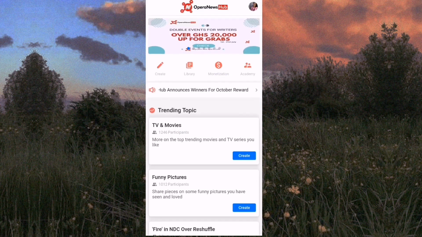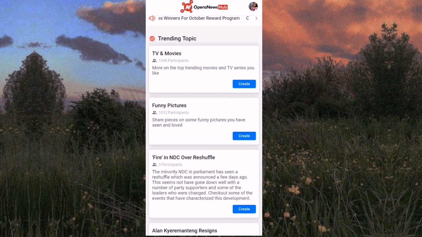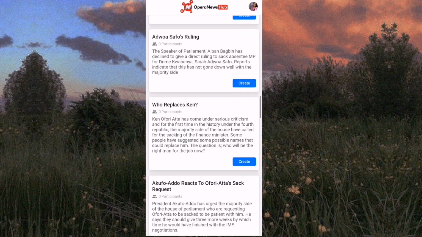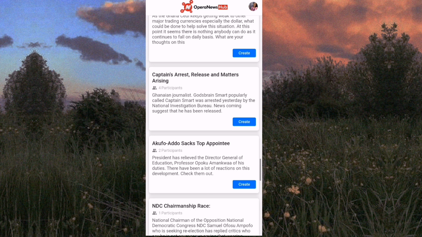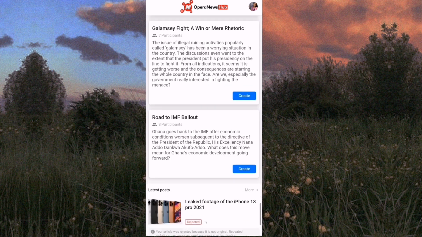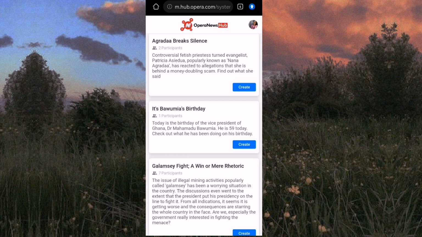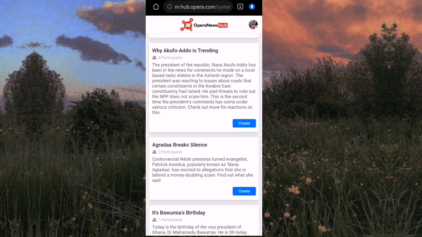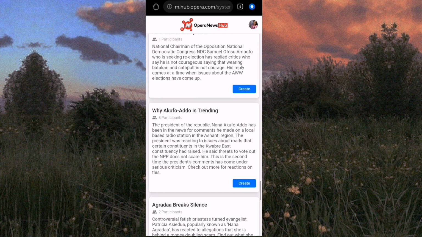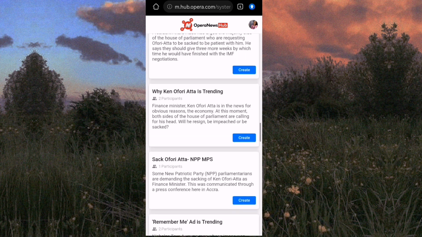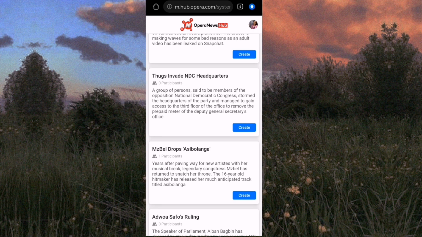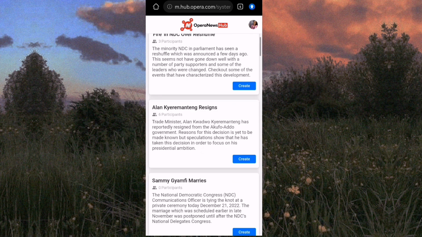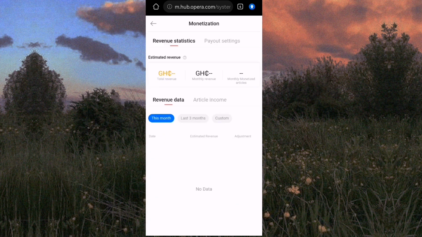So what this site does is that you're going to write news articles, any type of interesting article that is trending in your region or your country. You're going to write articles about it, then you're going to post it. If you post the articles and people click on it and read it, then you'll be able to generate money from it. So your goal is to find trending articles, then write good articles. Make sure you write it good. Don't write anything that is not good. So you take your time, then you write good articles, then you post it. If you post the articles, then you'll be able to generate money, just like the way I've generated money over here.